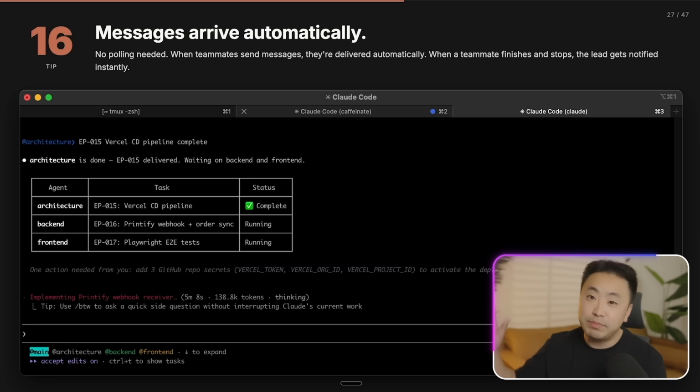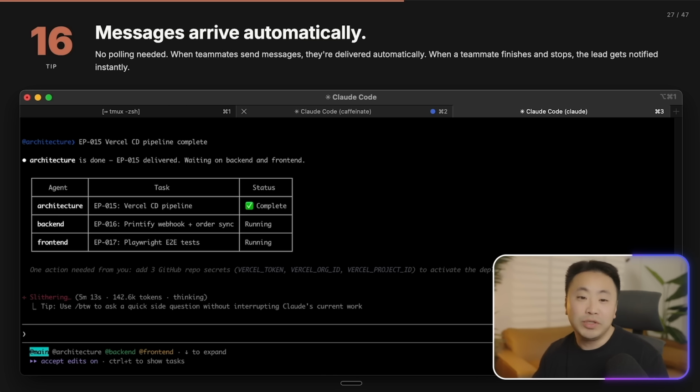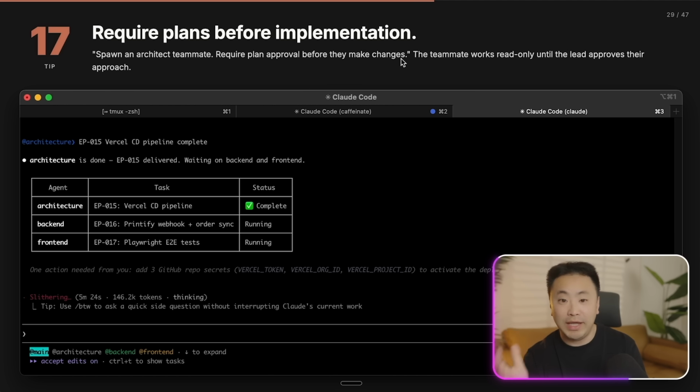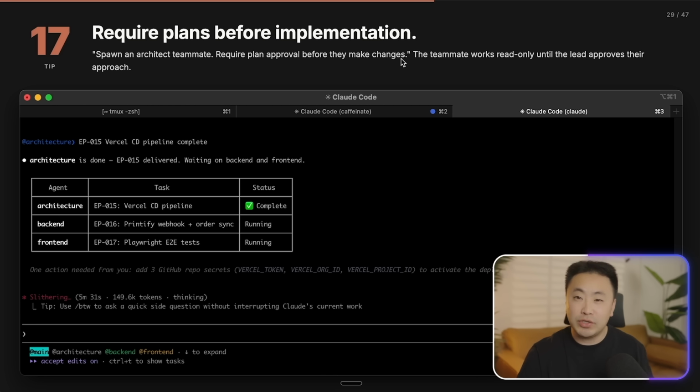So if you have that split pane, it's easier to see and guide the other things. But at a high level, you don't really need to manage these other ones. Tip number 17 is that you need a plan before you do any implementation. So if you like to use Claude Code without plan mode and just straight execution, agent teams